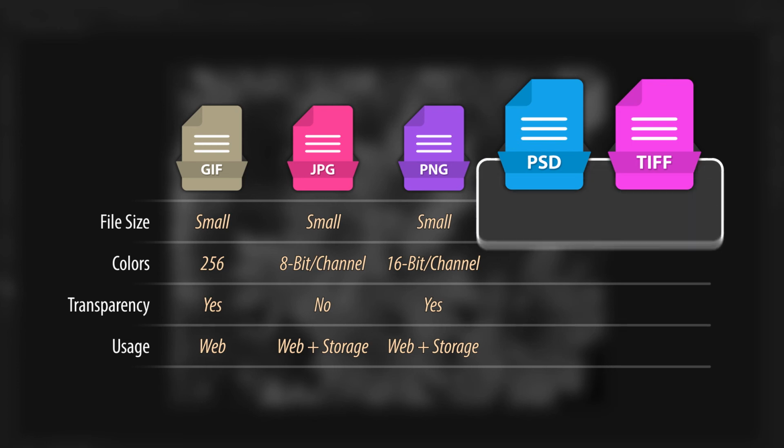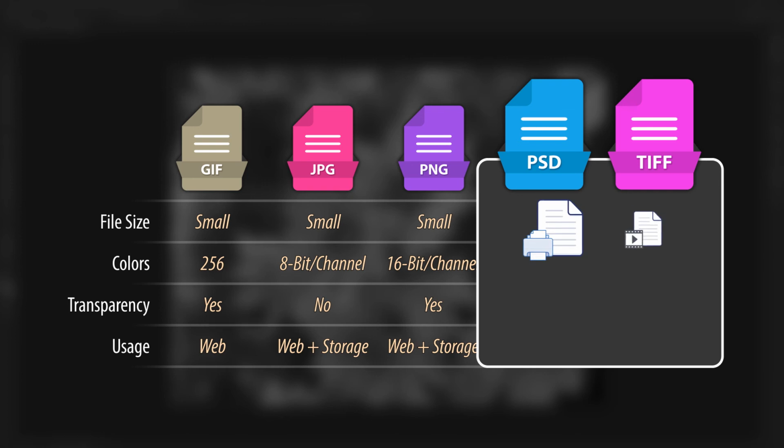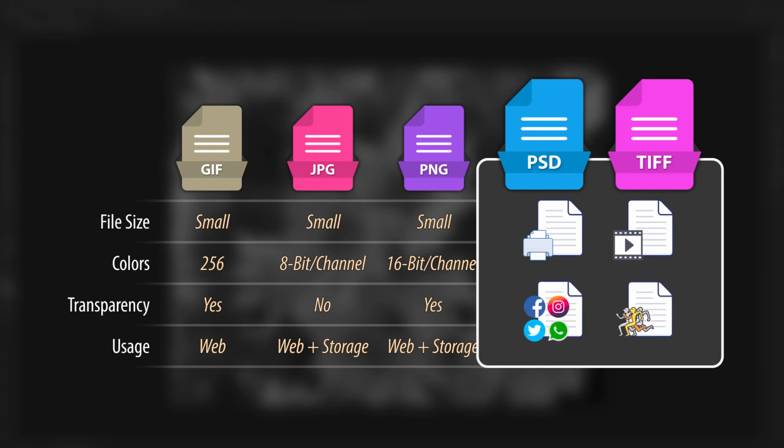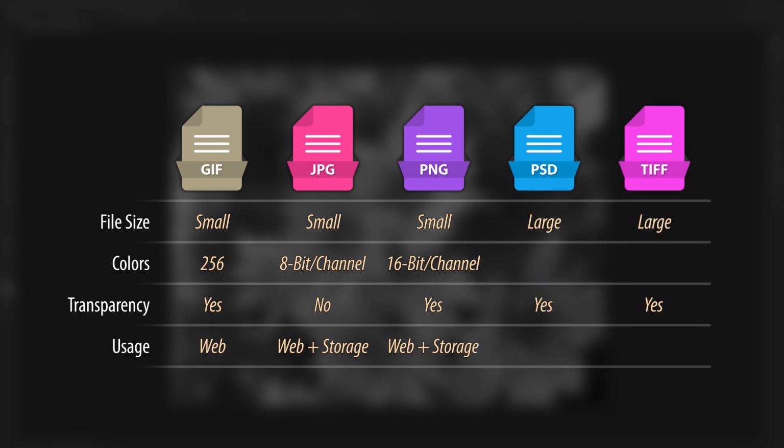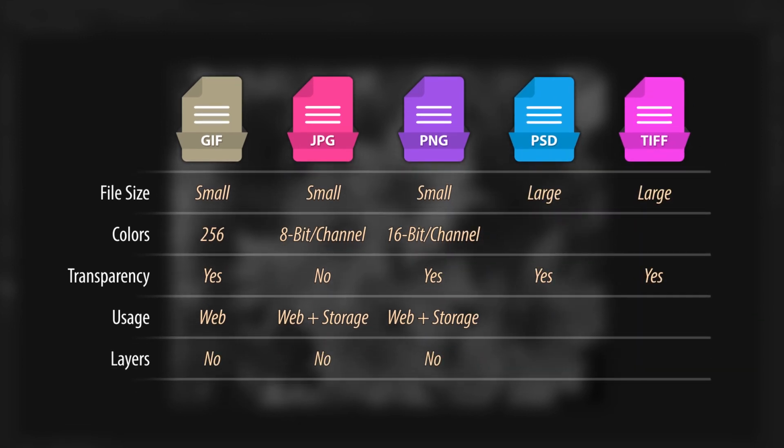Images are being used in different ways like print, video, social media, animation, etc. Depending on the image usage, it's very important to retrieve the information after you save the file. JPG and PNG are flat files and do not support multiple layers like PSD or TIFF files. PSD and TIFF both file types can store lots of layers and much more information than any other image file can store. Both the files can have 32-bit per channel depth.